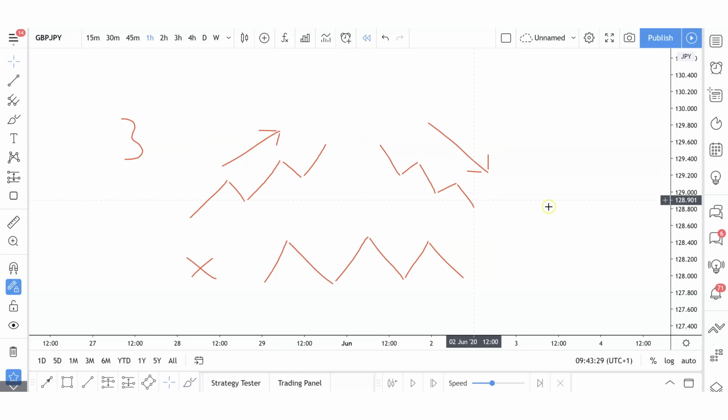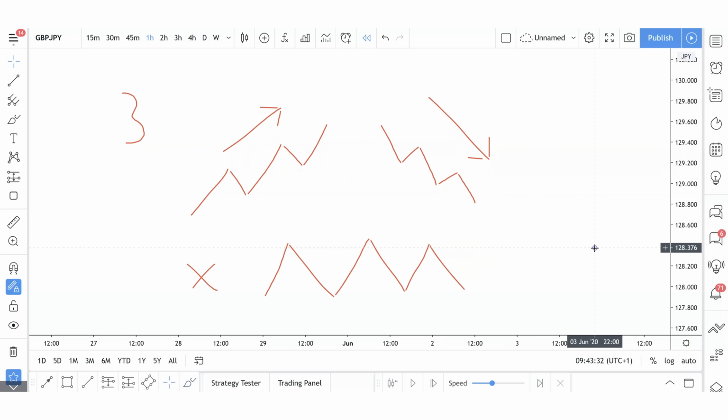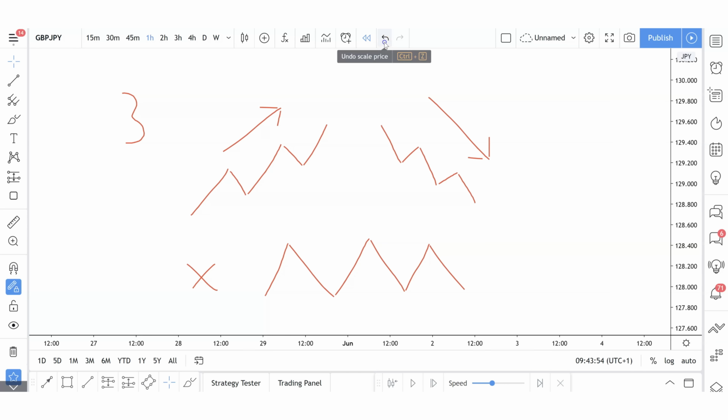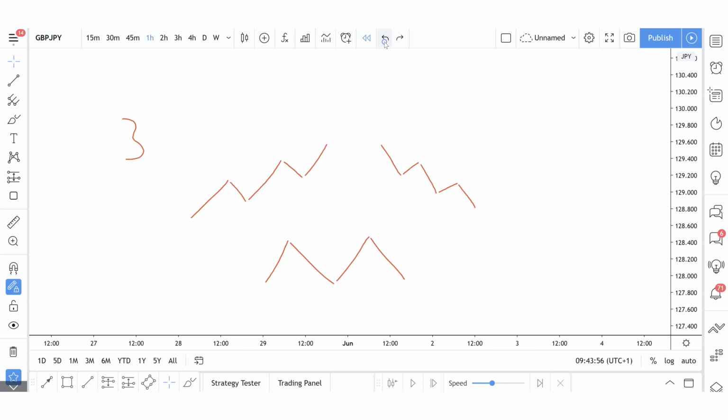Now, I don't have any secret formula to know when the market's going to trend, when the market's going to stop trending. But what I do know is that the probability of me making money when trading, when the trends are in play, is much higher than me trying to anticipate a reversal or trying to figure out what is the best time to take a breakout or take a trade at resistance or support or whatever you want to call it. So without further ado, let's take a look at the 3 patterns that I personally look for when